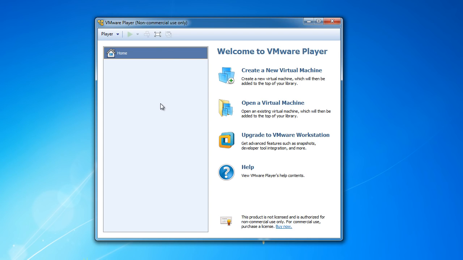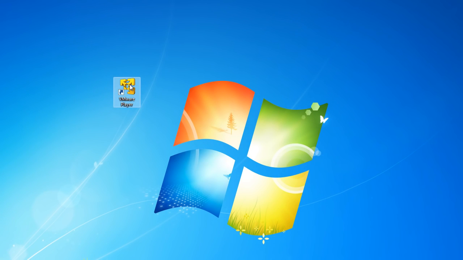But you're now ready to create a new virtual machine. And this is pretty much a new virtual computer within your computer. But don't click this link yet, because we don't even have an operating system yet. So before we set up our new computer, we should go ahead and download Linux so our computer actually has something to do. So close out of this, and I'm going to show you guys how to download Linux right now.